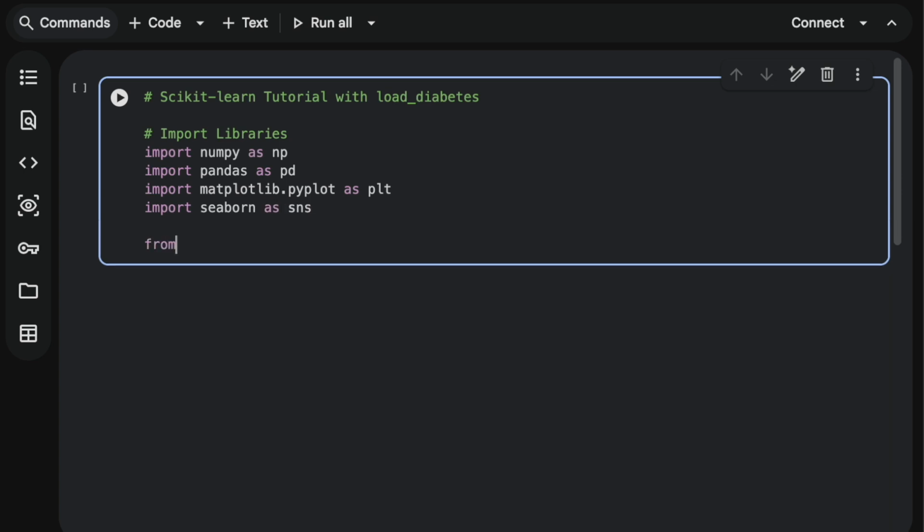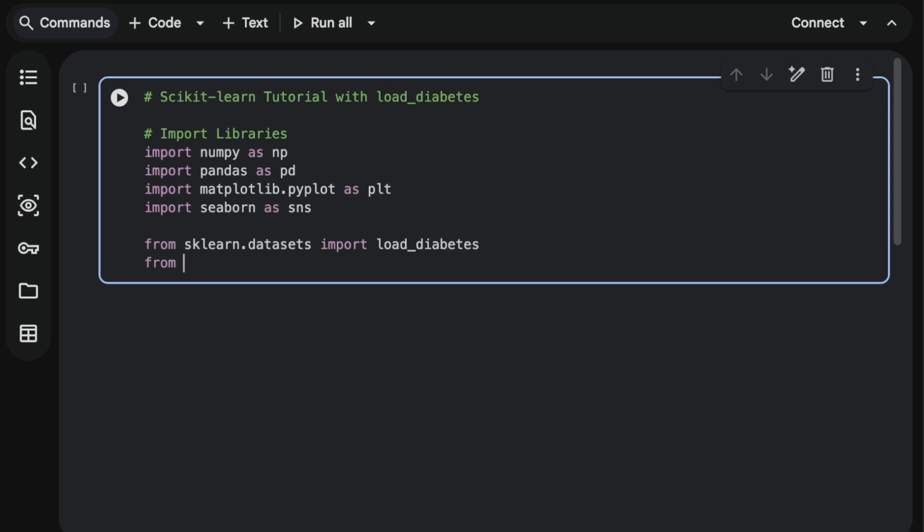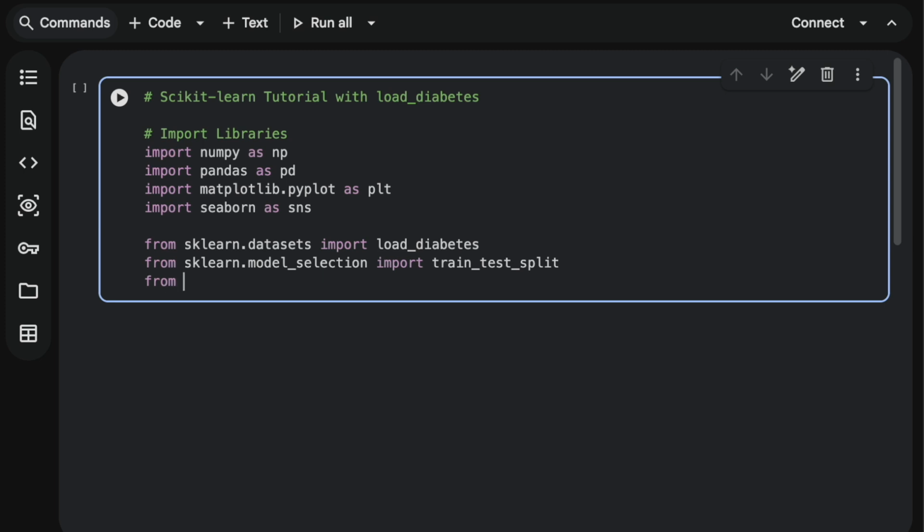The next step in our machine learning workflow is to import all the necessary modules from Scikit-learn, which will allow us to load data, pre-process it, build models, and evaluate their performance. First, we will use the load_diabetes function from Scikit-learn datasets to access the Diabetes Dataset, a commonly used dataset for regression tasks. To prepare our data for modeling, we will import train_test_split from Scikit-learn model selection, which allows us to divide the dataset into training and testing sets to evaluate how well our model generalizes to new